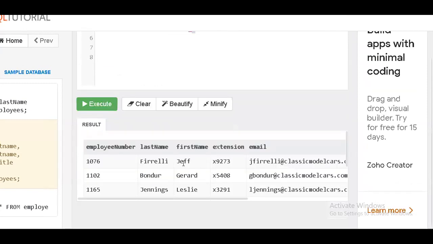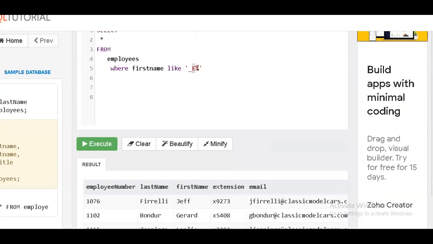So you can see all the records coming from the table. You can see the second word is E. The second word is E. Right? Then the rest of the things I'm getting. Now suppose I want something like this. Now can anybody tell what is this? First letter can be anything, but second letter should be E. The rest of the letters can be anything, but the last letter should be E.